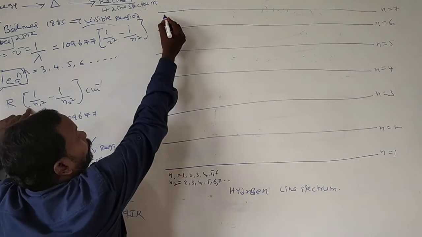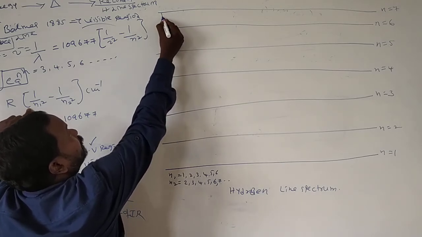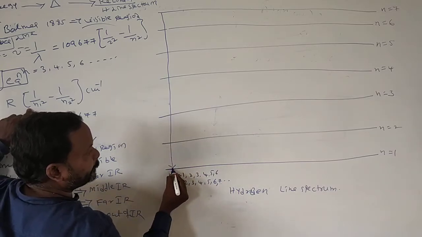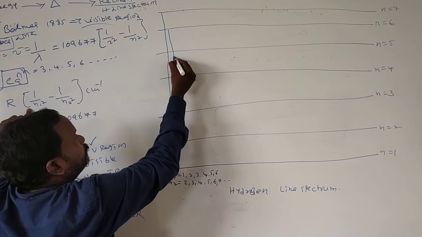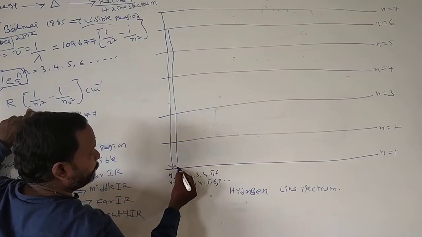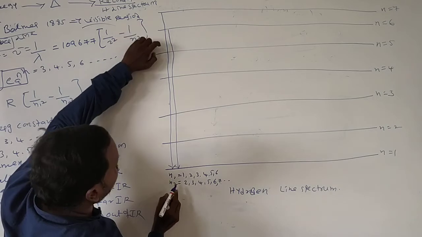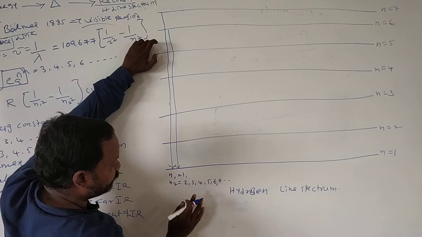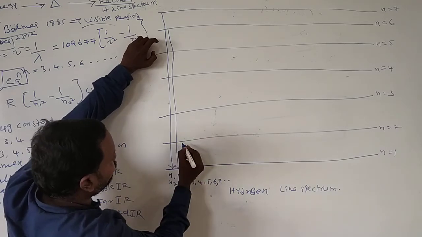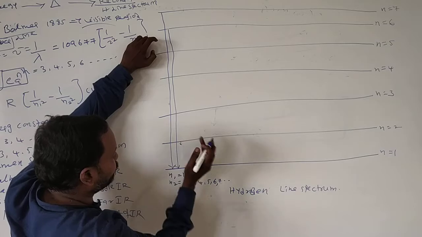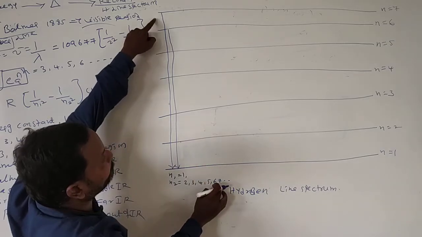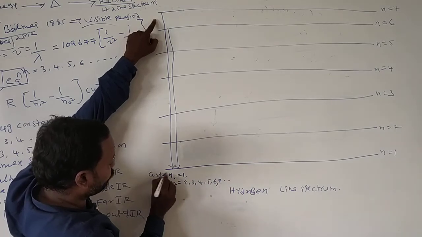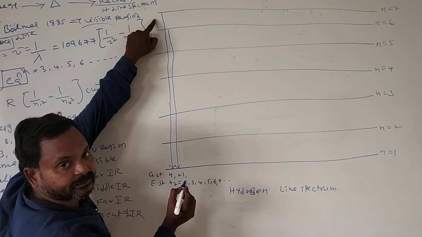Here the electron jumped from the 7th level to the 1st level, 6th level to 1st level, okay, 7th level to first level means n1 is equal to 1 here. Sorry, here n1 is equal to 1 only, and n2 may be 2. See, we'll see in continuation. n1 is the ground state, n2 is the excited state.